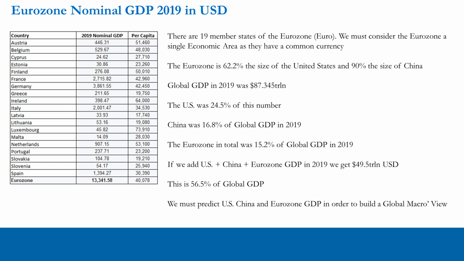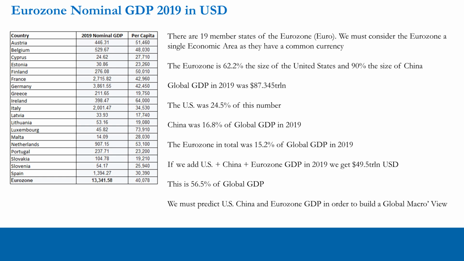And as traders and PMs, we have to constantly try to predict US GDP growth, so both direction and magnitude. We also have to do the same for the Eurozone and China, or at least make a very good attempt at doing so. By doing so, we not only get the macroeconomic picture in the US, but also internationally, so we can build a global macro view.